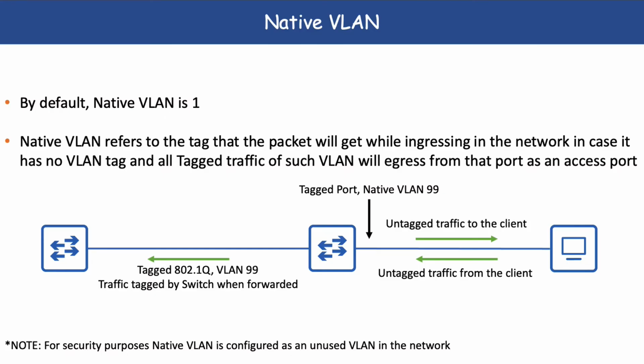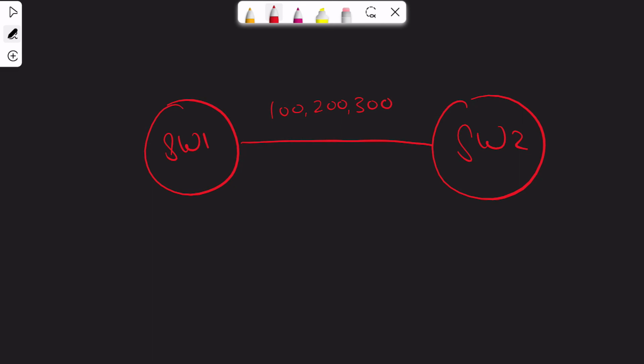So the last VLAN that we are going to talk about is native VLAN. By default, the native VLAN on a switch is VLAN 1, and many people get confused when it comes to native VLAN. The native VLAN is the VLAN which gets tagged to the packet which has no tag and is ingressing on any tagged port. For example, we have two switches which have tagged traffic running, that is VLAN 100, 200